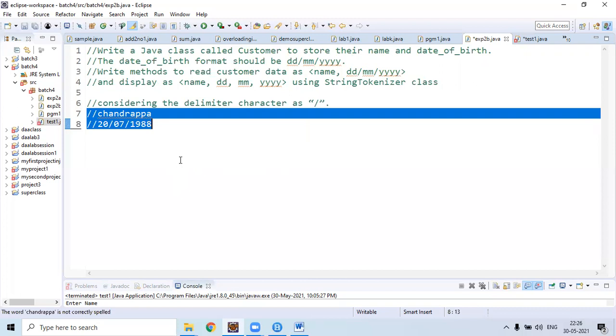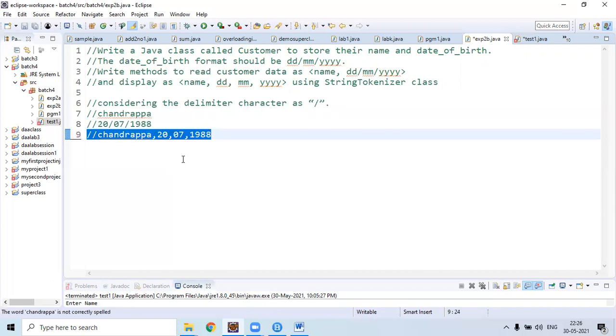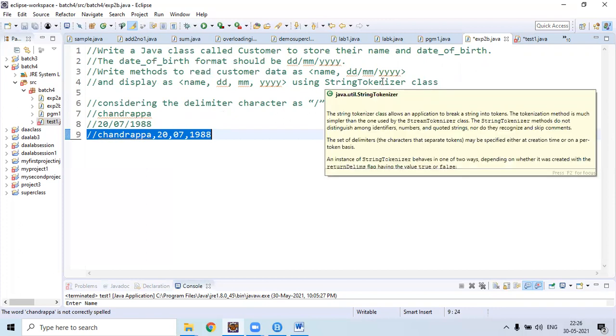Here we need to display Chandrappa first, followed by comma. We need to pass 20/7/1988 and a delimiter to string tokenizer class.